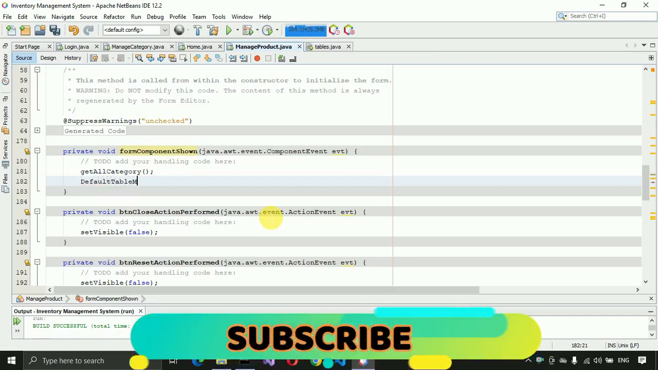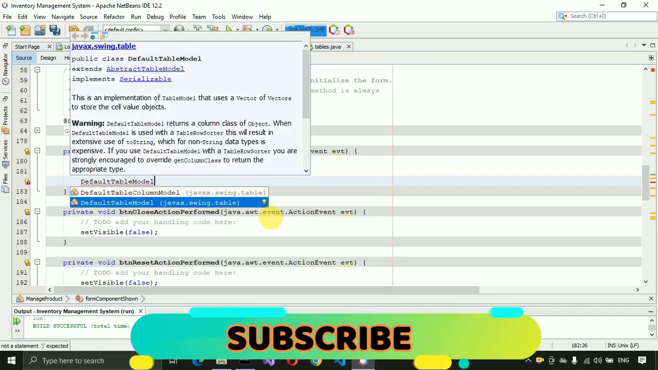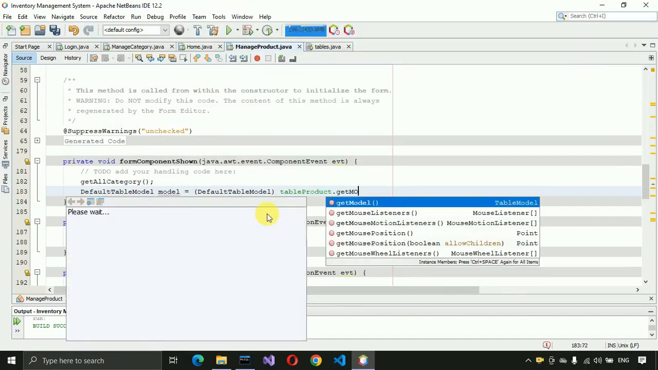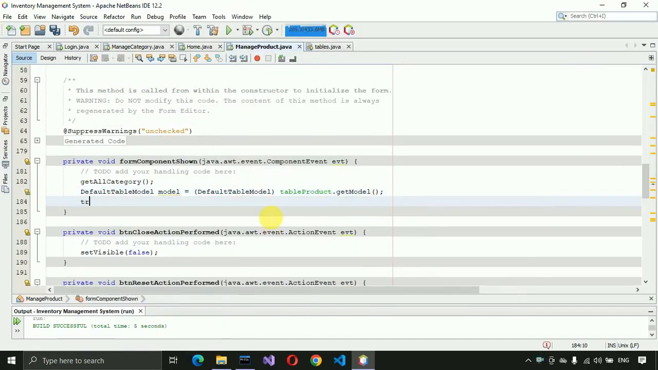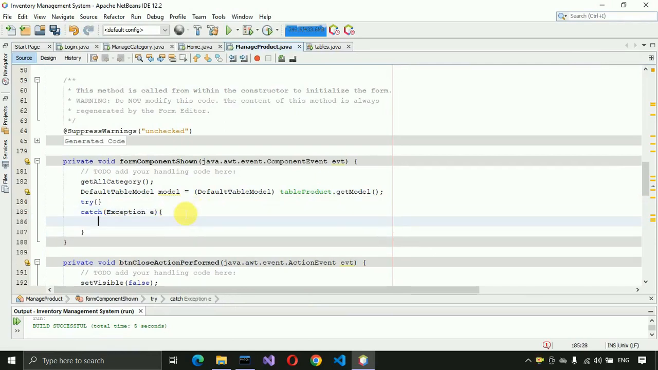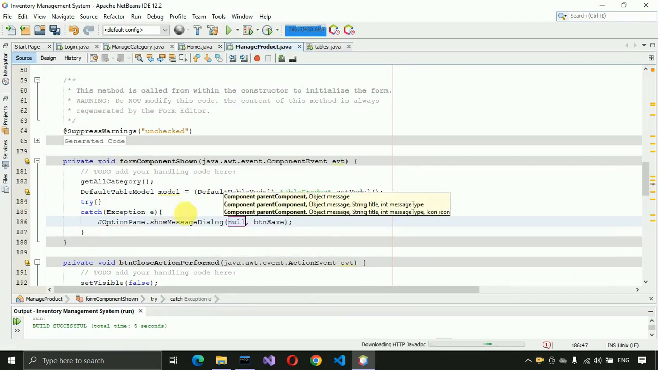DefaultTableModel, and this we are going to import, and then model equals DefaultTableModel, then table product get model, and then we have to write a try catch block. So just write like this, catch Exception e, and inside this one we just need to write JOptionPane.showMessageDialog null,